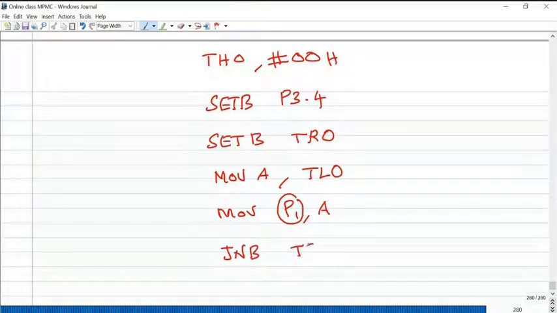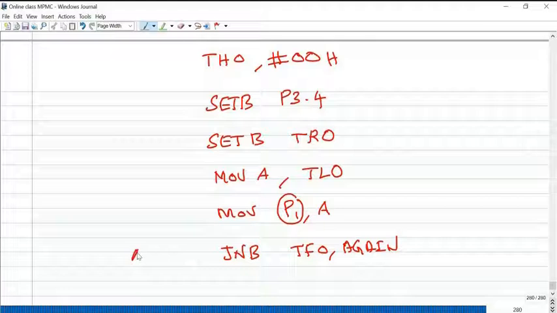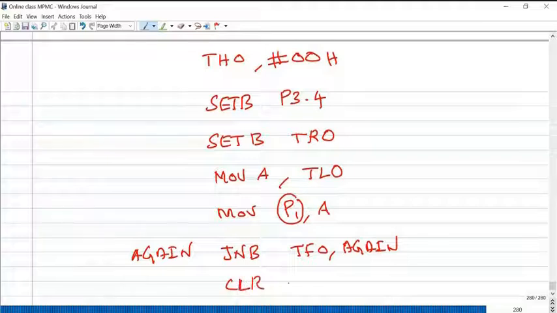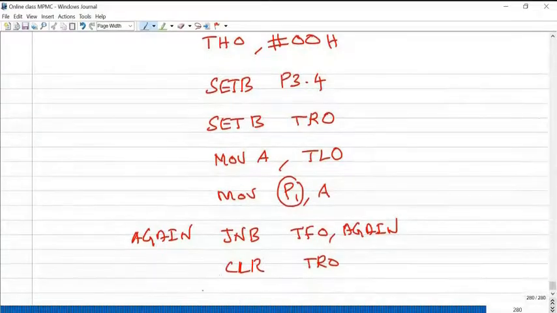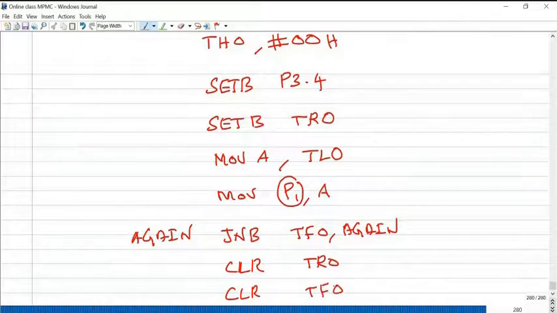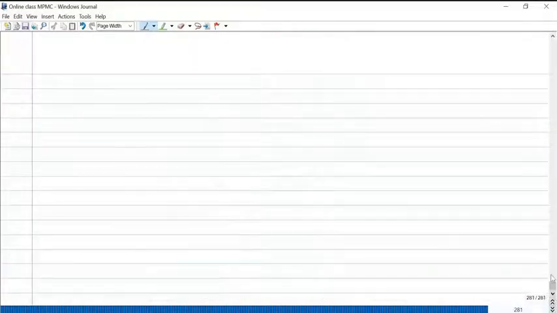Jump on bit TF0. Once TF0 is set, then clear your timer 0 run control bit and clear your overflow flag. Then repeat the same procedure.